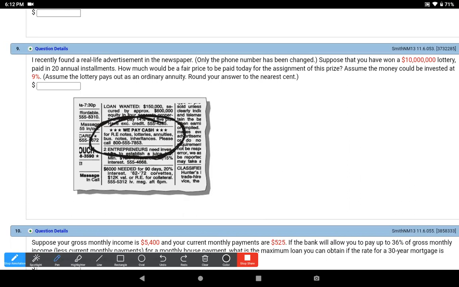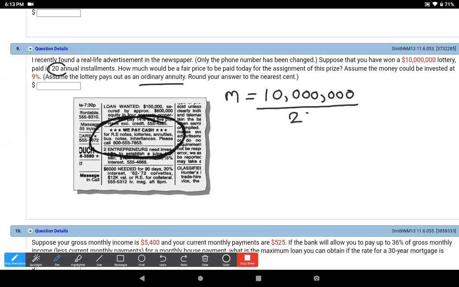Okay, so let's first look at what the M would be, right? So if we have 20 installments of $10 million, then that would be